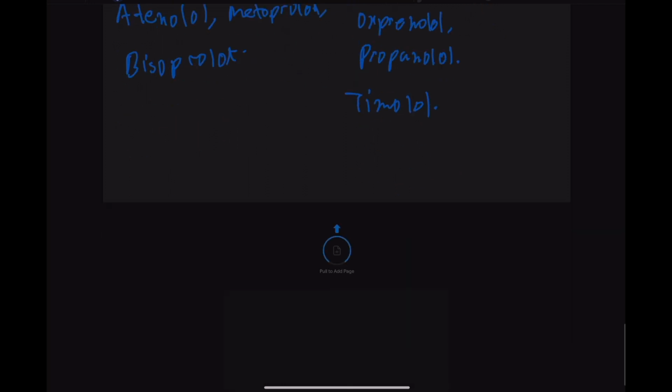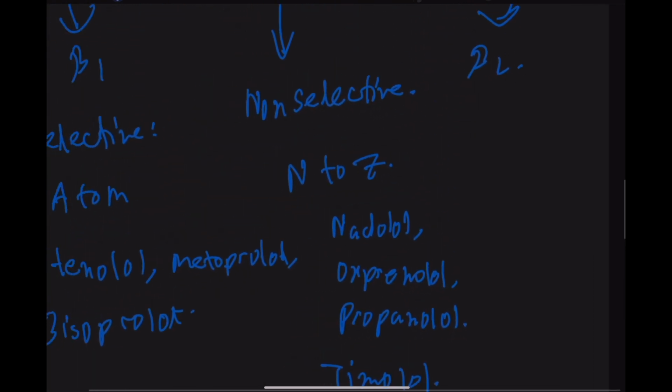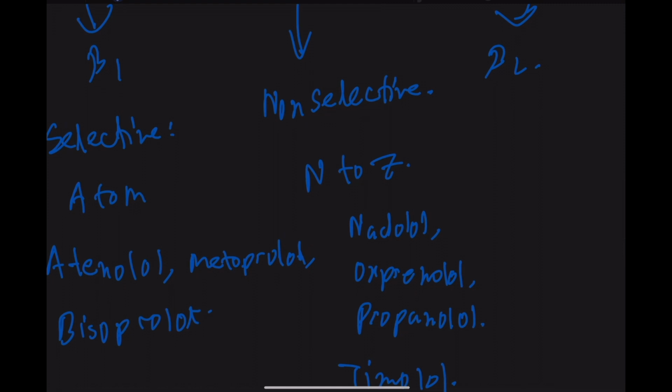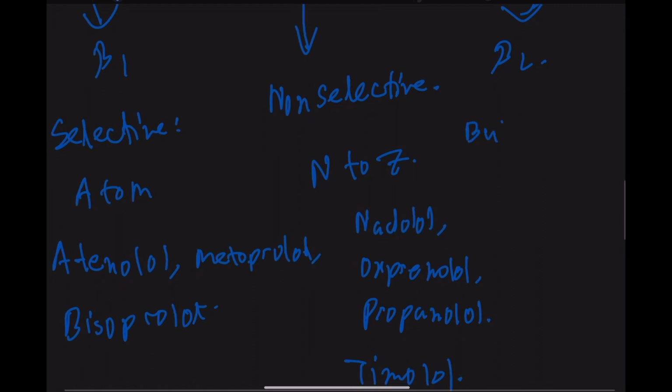Okay, and for beta 2 adrenergic antagonist, there is a drug called butoxamine. Butoxamine is the beta 2 selective antagonist, but we don't really use beta 2 selective antagonists, so we can skip it. Then there are the drugs that act on alpha and beta receptors, like they block alpha receptors and